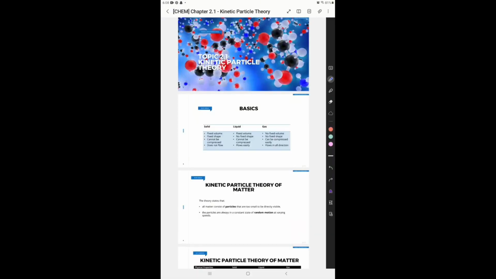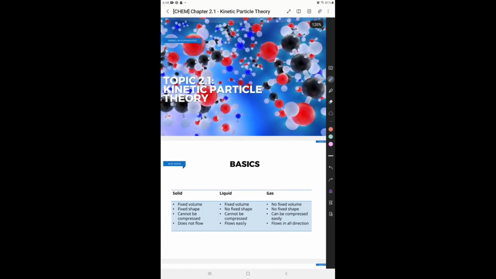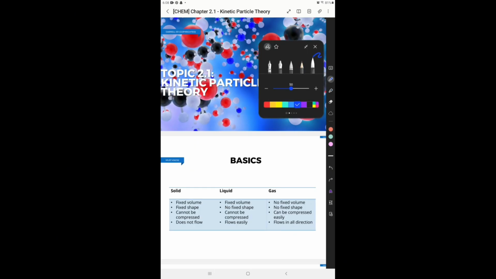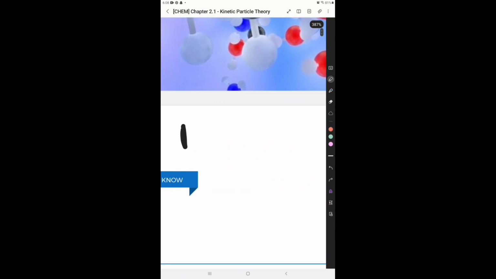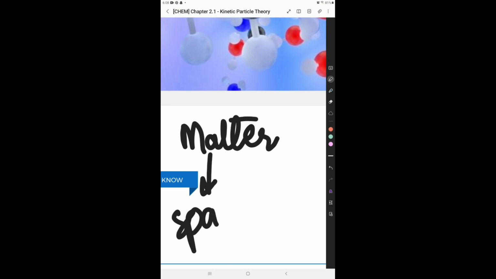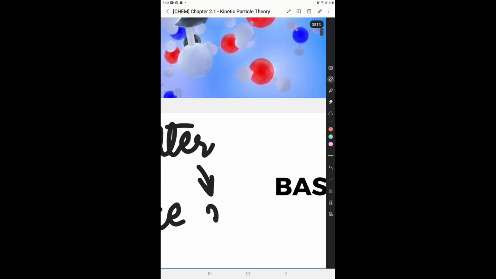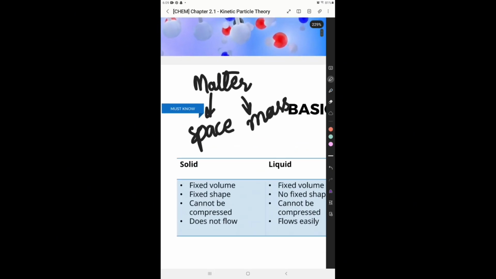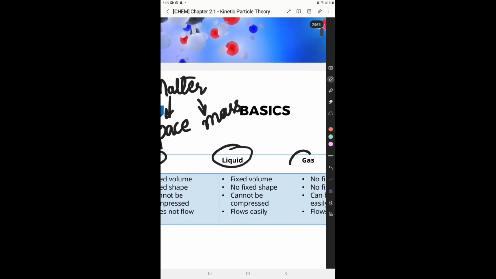So now I have decided to use these kind of notes to make it easy for you guys to visualize, so we can save our time and learn as much as possible with these fixed points in front of us. As I said before, first of all, what is matter? Matter is anything that occupies a space and has a mass. Okay, matter has a mass and occupies a space. I hope that's clear. And then there are three states of matter, and these are solids, liquids, and gases.